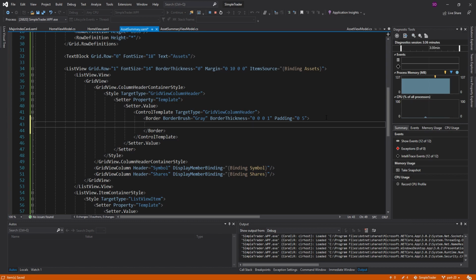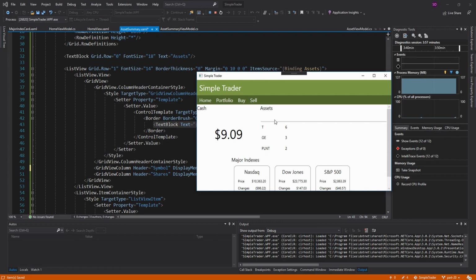And then inside this border, we're simply going to have a text block, and the text is going to be a template binding to the content. And that content is going to be basically this header that we put in right here. So we put symbol in, that gets set as the content, and we're going to display that in this text block. So let's take a look at that, and same thing as before, we're going to have to actually restart